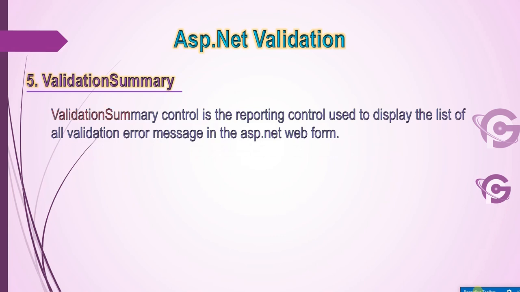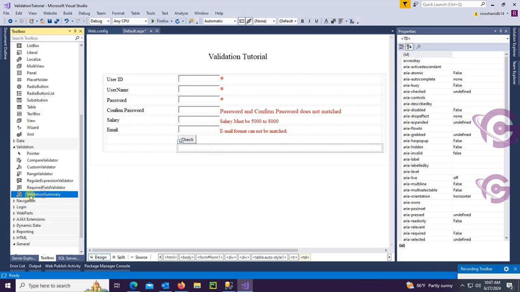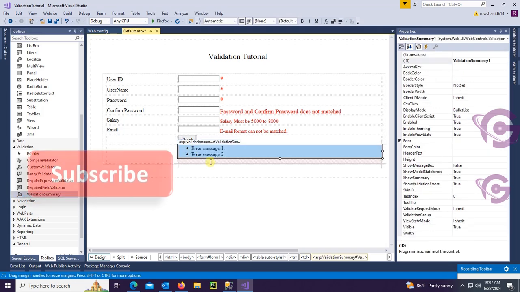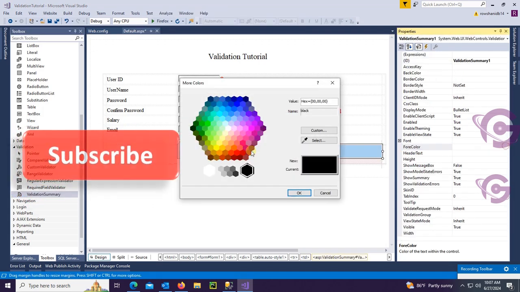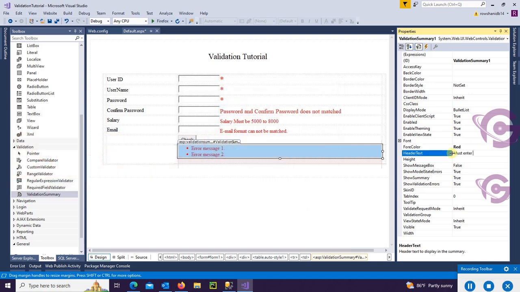Validation summary control is the reporting control used to display the list of all validation error messages in the ASP.NET Web Form. Now I'm going to add a validation summary. Just drag the validation summary and drop it in the ASP.NET Web Form. Change the font color, and the header text: "Must enter value